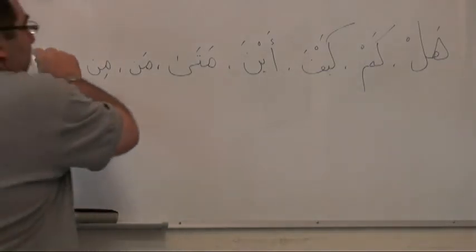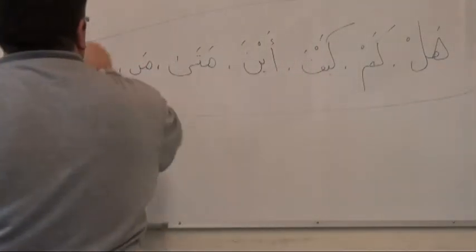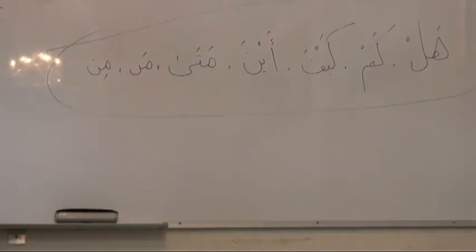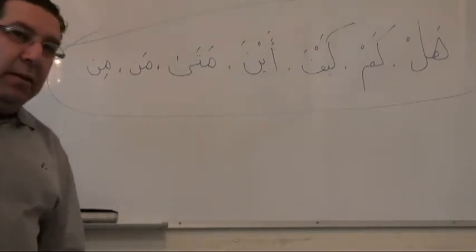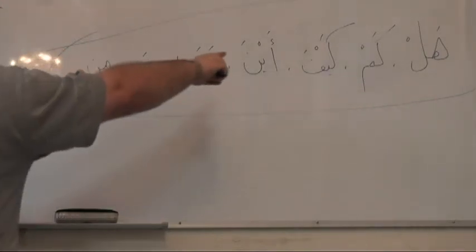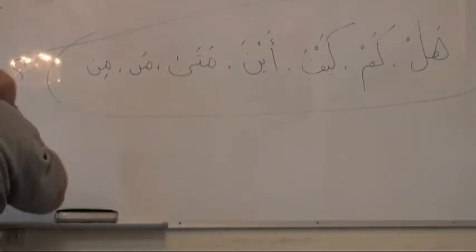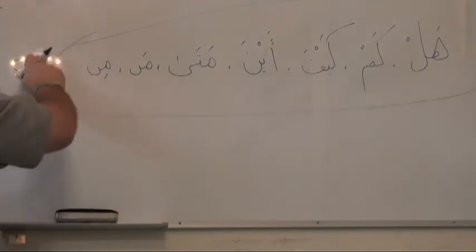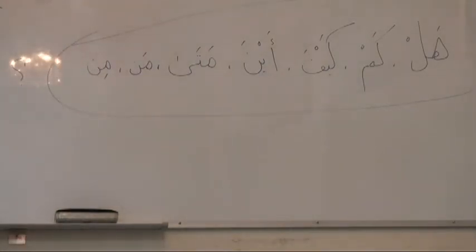Those in Arabic هل كم كيف أين متى من. Those we call them in Arabic tools of questions. 它就是疑问的工具，就是阿拉伯语的意思。 So this means that whenever you see a sentence starting with one of these, at the end there should be a question mark, and it means that this is a question. 那一个字它开头是这几个字的话，它后面一定要有那个问号，它就是一个疑问句。